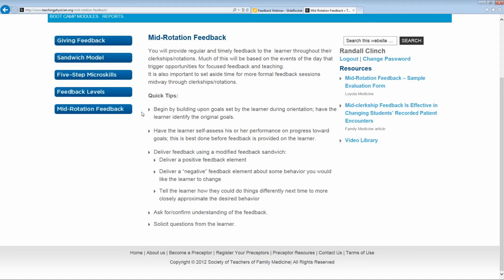So again, your role in providing feedback is critical, both for the development of your learners and for the continued accreditation for the programs that they come from. It's a little different with regard to residency programs. Why would we even have to put in the idea of a mid-rotation feedback? Shouldn't they just be giving feedback all throughout and know what's going on?